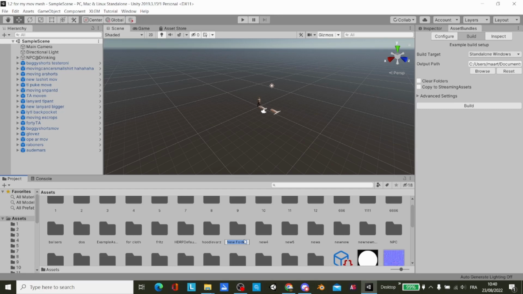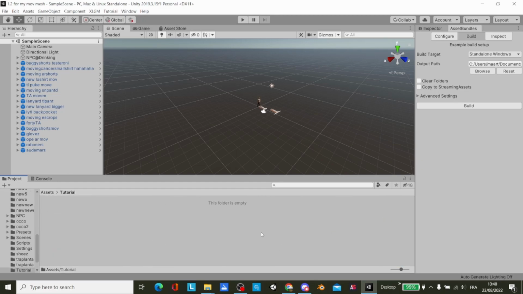What you're going to need is this specific version of Unity, 2019.3.15f1. You want to make sure it's that version because the cloth add thingy doesn't work anymore on later versions. Okay, so I'll make a quick new map or folder and then add